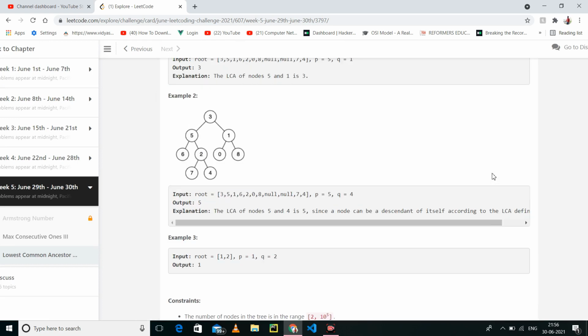So here I will maintain two variables, left and right. When our left and right are not equal to None, I will return the root. Means if I have p equal to 6 and q equal to 1, if we find p equal to 6 and q equal to 1, I will maintain two variables, left and right.